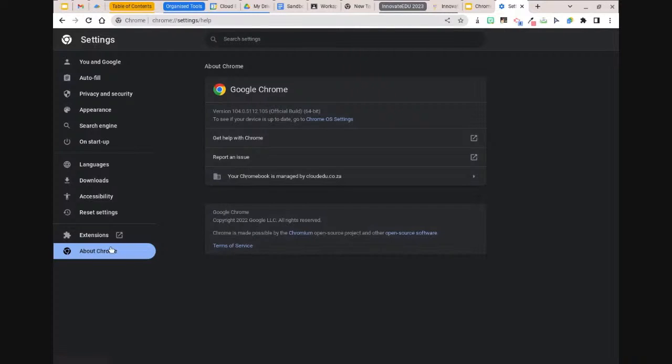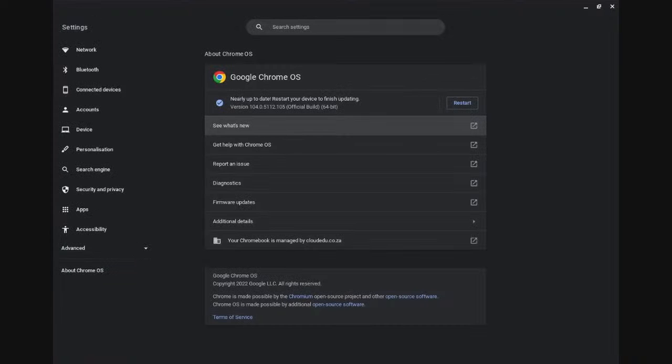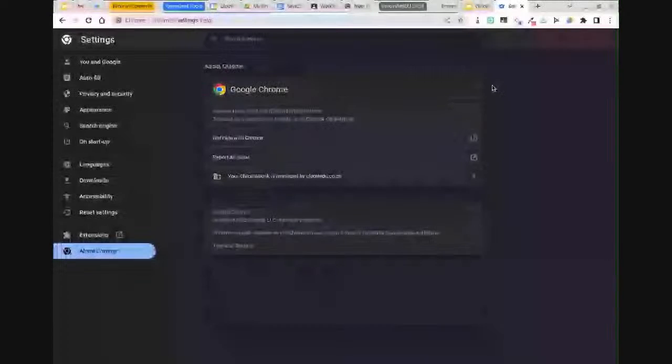If you go into your settings, head over to About Chrome, and click on the section that tells you whether your device is up to date, it opens up my Chrome OS settings and tells me the state of my Chrome. Here it tells me nearly up to date, restart your device to finish the update. So I'll definitely be clicking on this after this webinar so that I have a Chrome that is up to date, so that there are no glitches and everything is pulling through nicely and correctly,